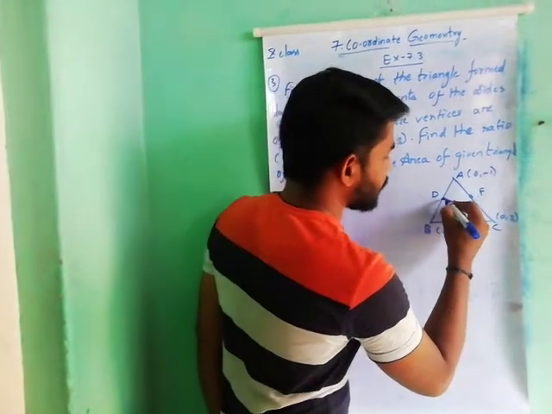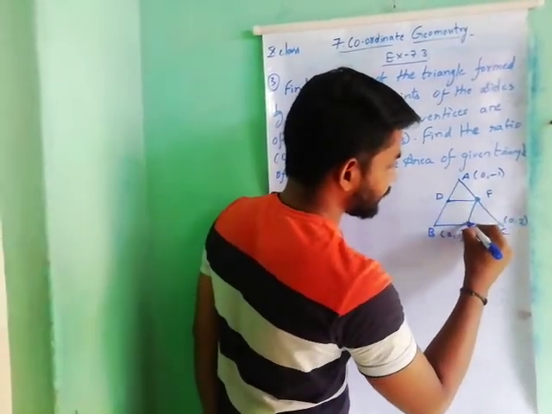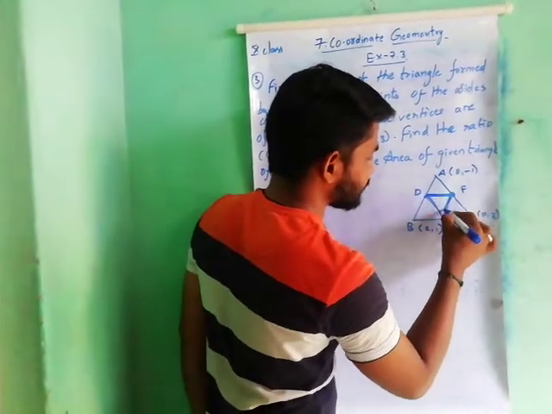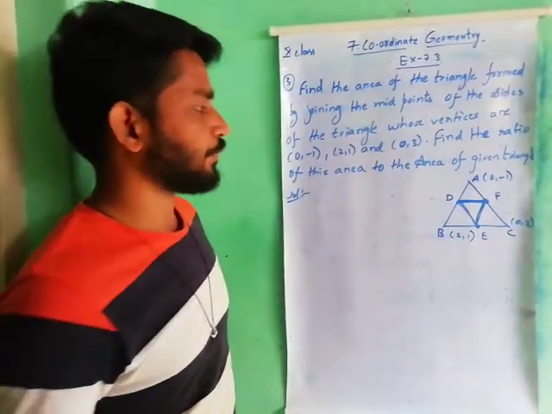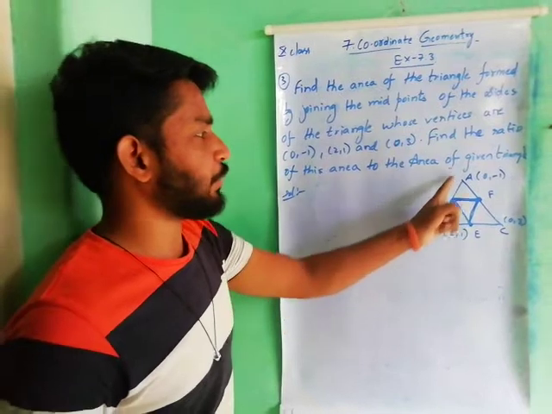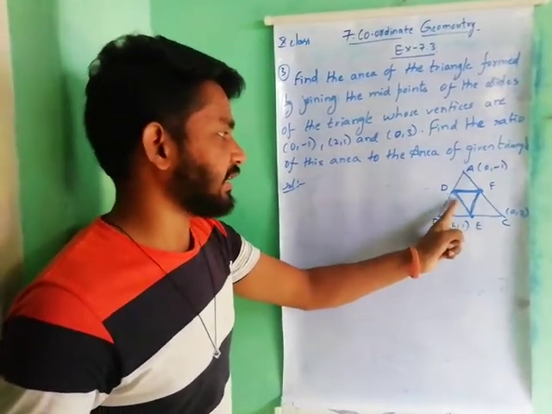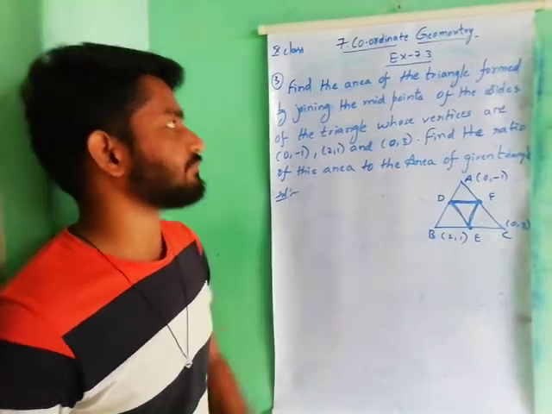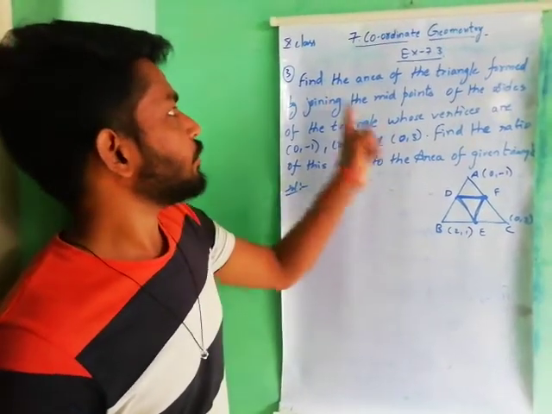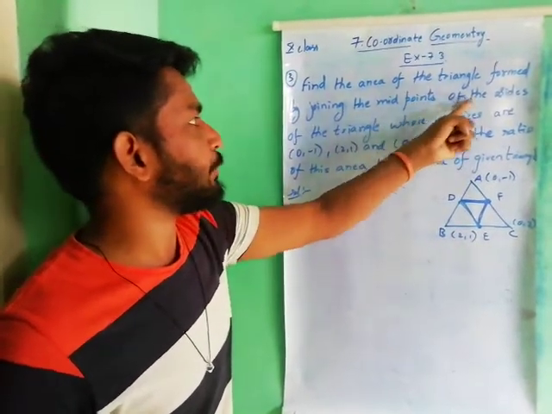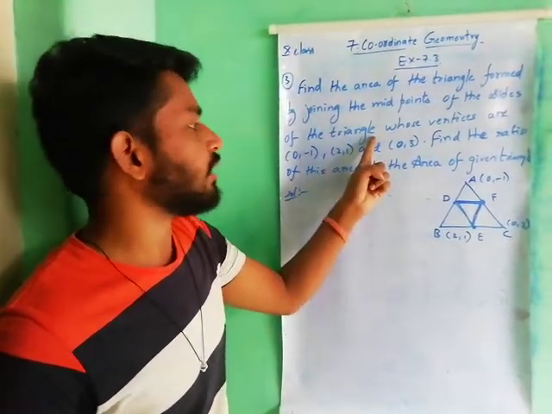So if we join the midpoints, there is a triangle DEF. Yes or no? If we join the midpoints of the 3 vertices of a triangle, we are getting another triangle DEF. So find the area of the triangle formed by joining the midpoints of the sides of a triangle means first